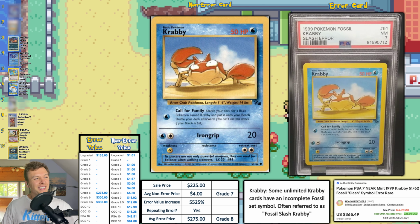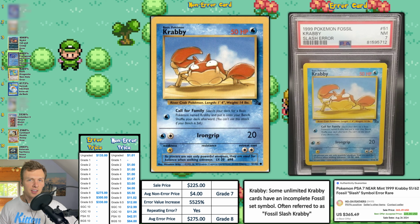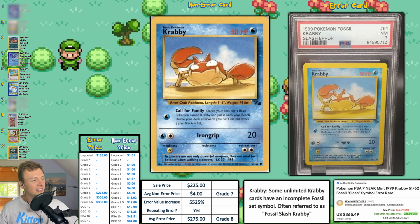Ooh, next up we have a PSA 7 Krabby from Fossil Set, and this is a slash error. You know this is a good error when PSA recognizes it. Look at the fossil symbol there in the bottom right of the art box. It looks like there's a fifth appendage, but somehow it's missing ink, and I don't know exactly how it has that look. I think a little bit of the shadow on the right side of the card is missing, and so it makes it look like that fifth appendage. It's a very minute error, but is very sought after in the error community,